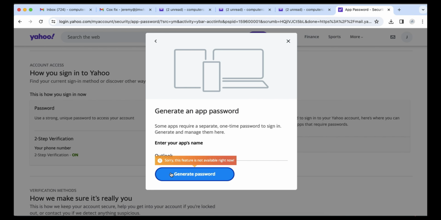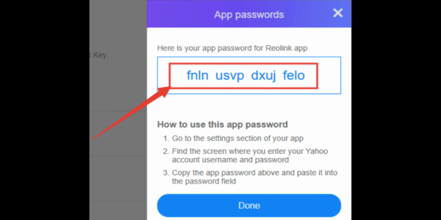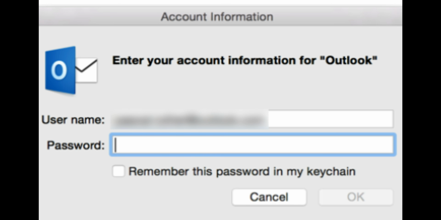If you get this error message, "Sorry, this feature is not available right now," keep trying at random times until it works. You'll then be given a new password, which you can copy and input into your Outlook Mail settings. Copy this password without the spaces and enter it when Outlook prompts you for a password, or input it into